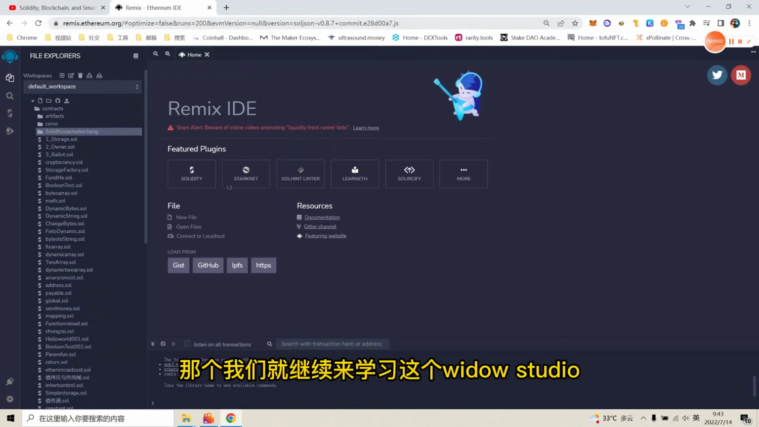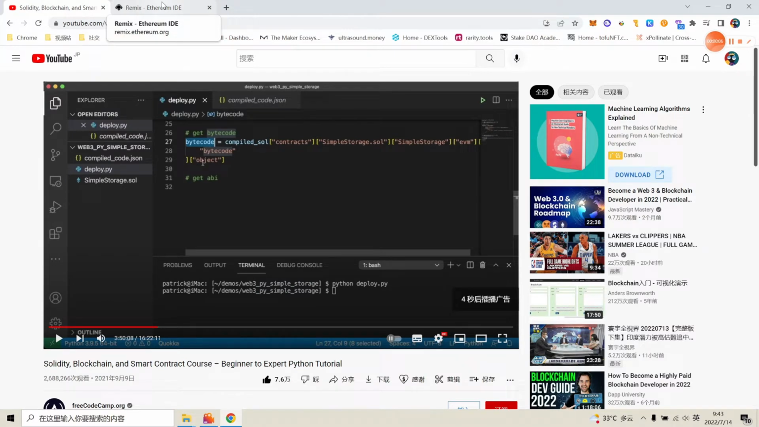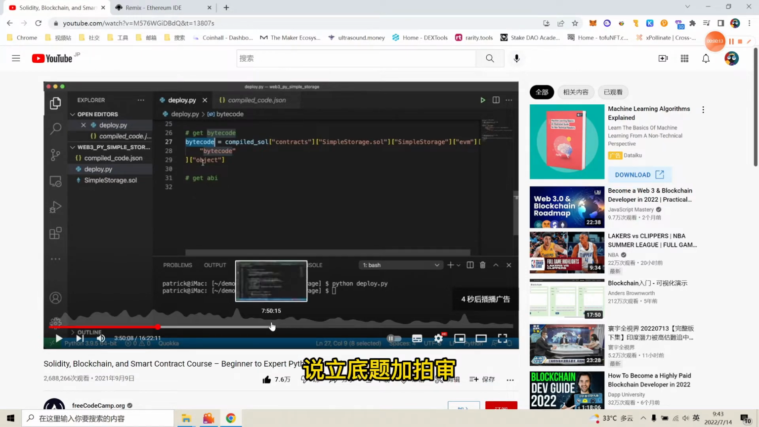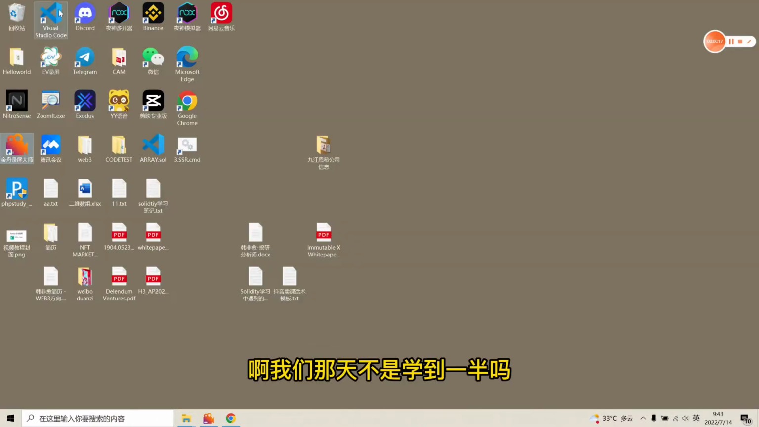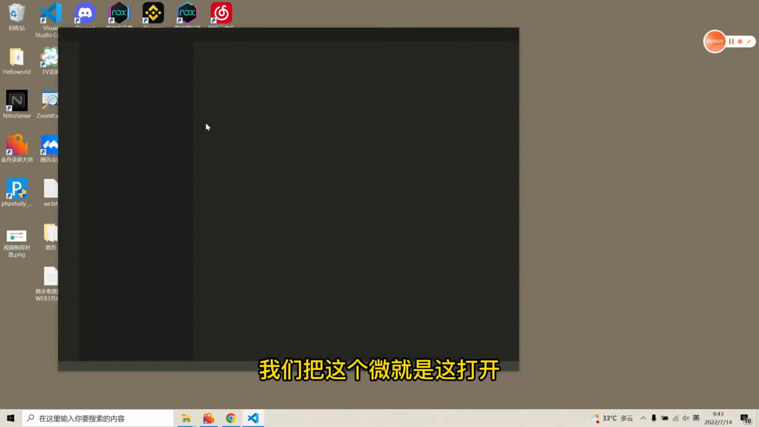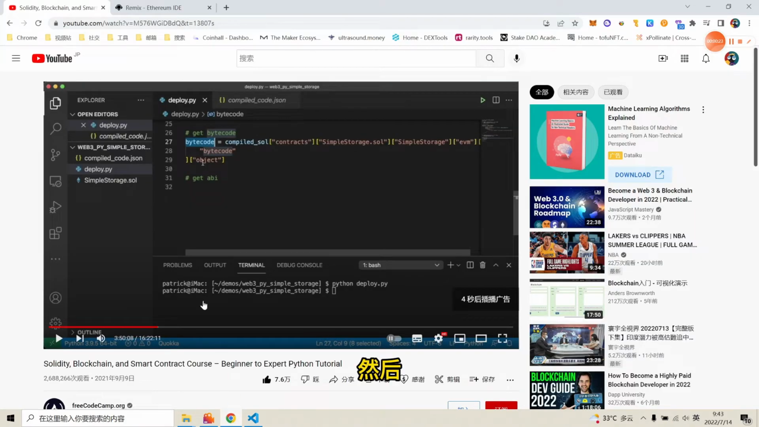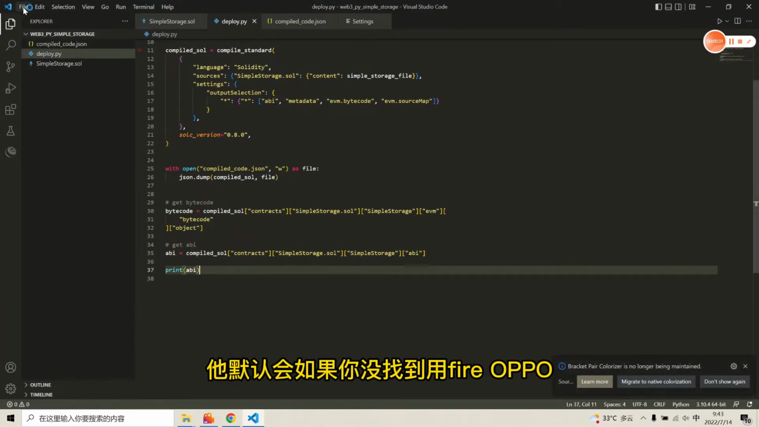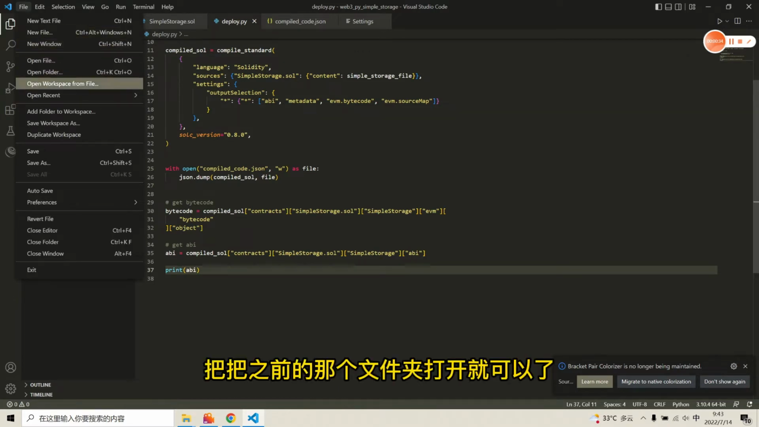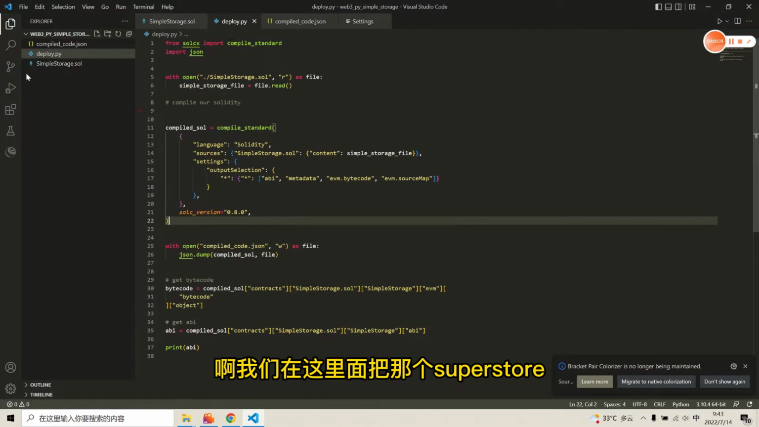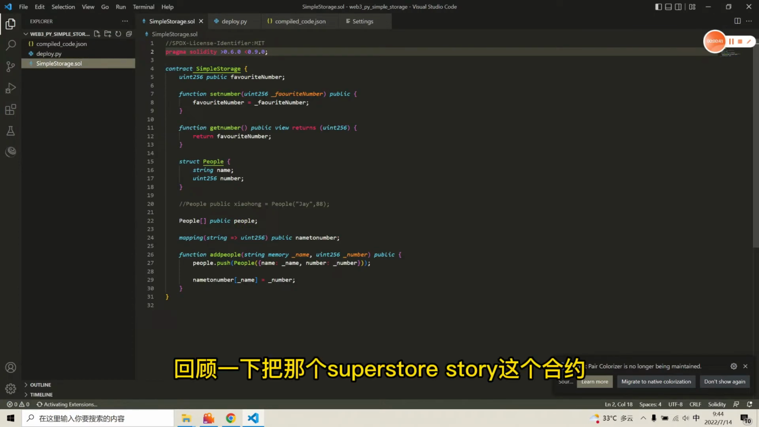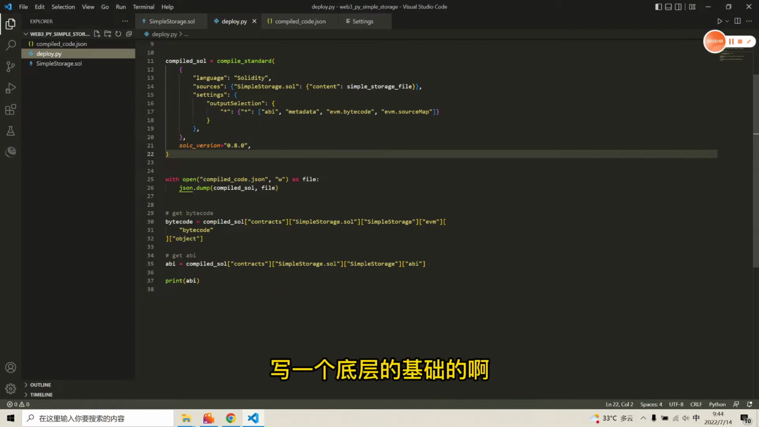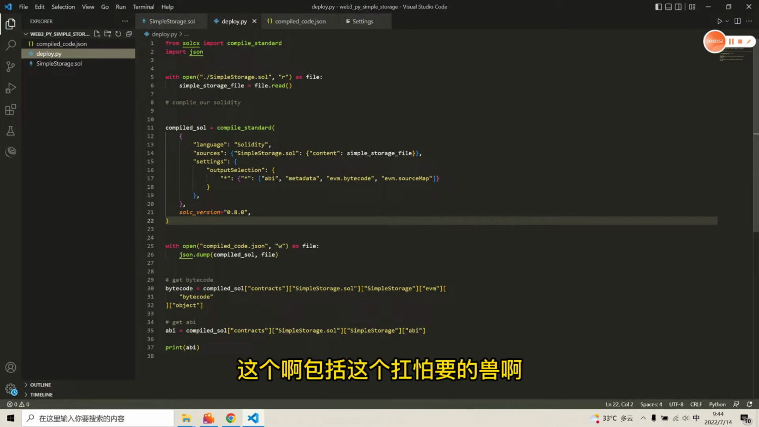我们就继续来学习 Visual Studio 部署 Solidity 合约，弄一个离线环境，就是 Visual Studio 加 Python，然后用我们离线的编译器。我们那天不是学到一半嘛，把 Visual Studio 打开，还在原来的这个文件夹里，如果你没找到，用 File Open 把之前的那个文件夹打开就可以了。我们把那个 Simple Storage 合约复制过来了，然后在这边有一个 Deploy，写一个底层的基础的，包括 Compile 的 Sol。